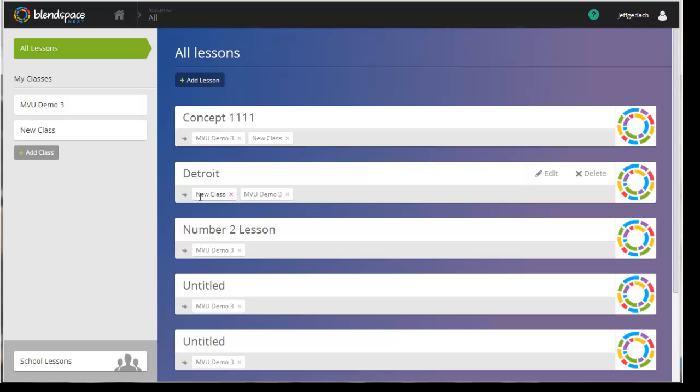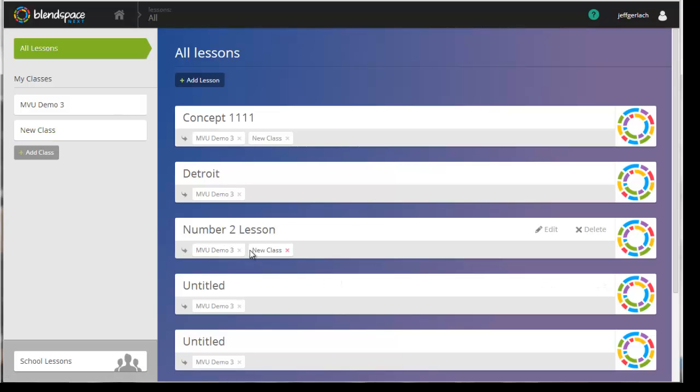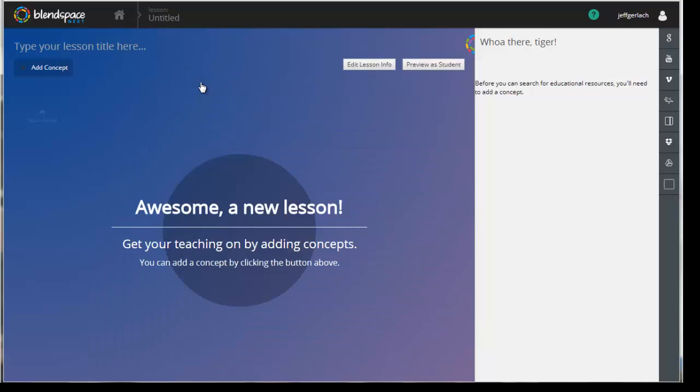And the instructor can remove tags simply by clicking the X. Additionally, lessons can be added to one or multiple courses through drag and drop methods. So they can be in multiple classes at once. Lessons can be added through this All Lessons tab directly. So lessons can be added